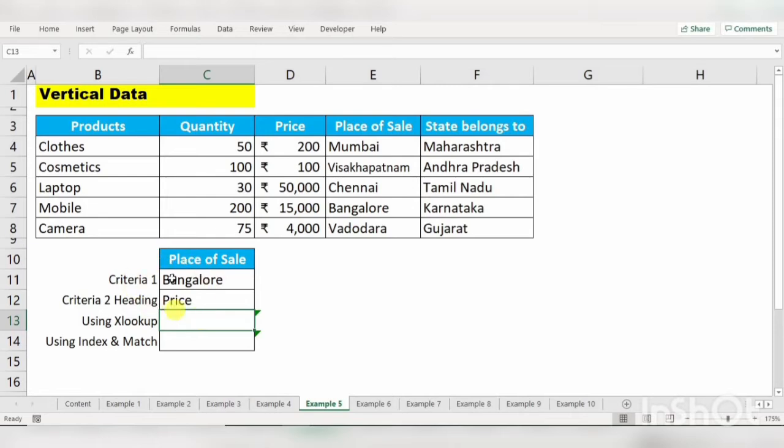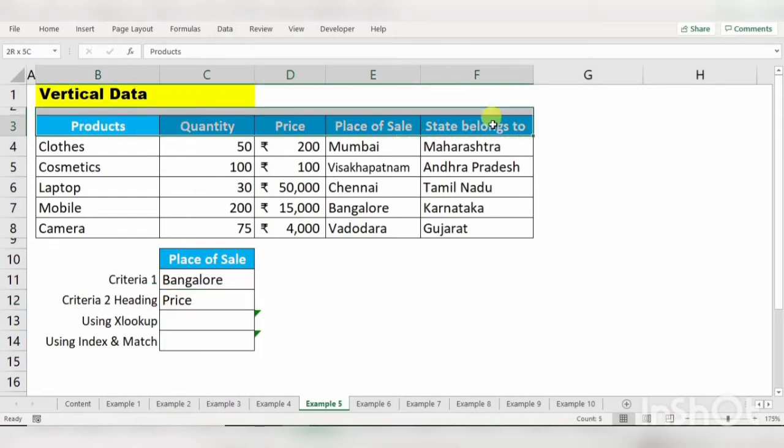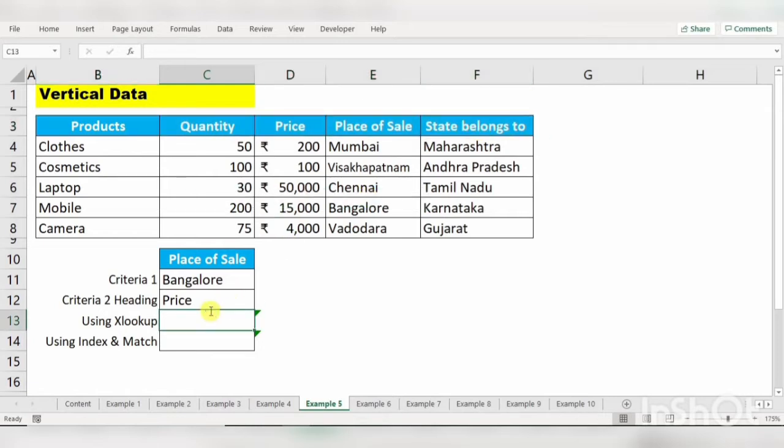Now we have two criteria. One is place of sale, and second one we need a result as per the heading, either product or quantity or price or place of sale or state belongs to. So now let's see how it works. XLOOKUP, lookup value is Bangalore, lookup array is place of sale.